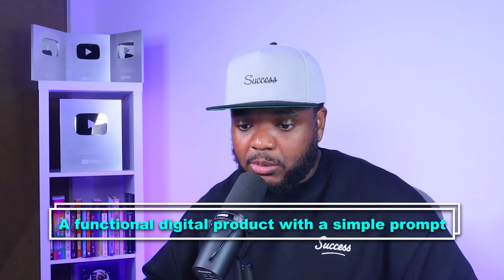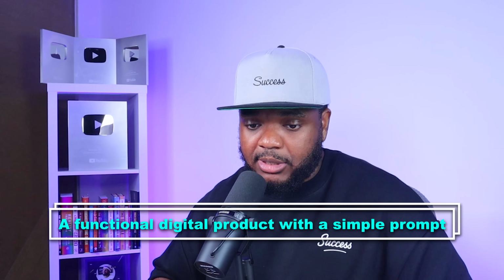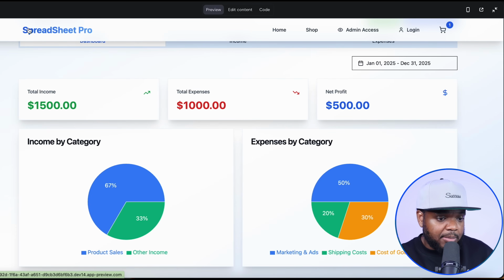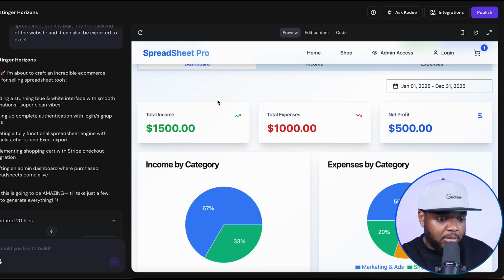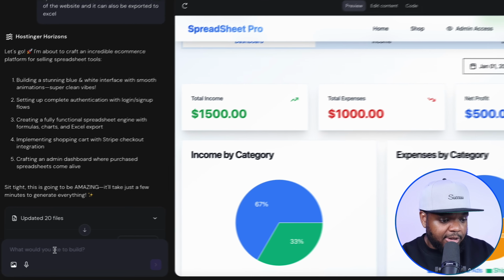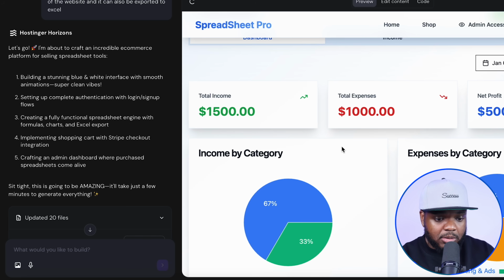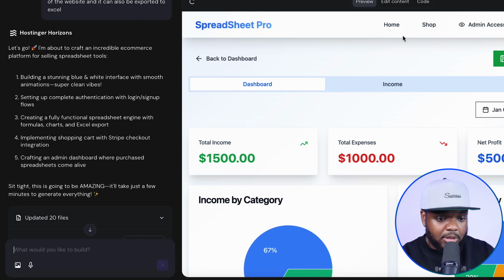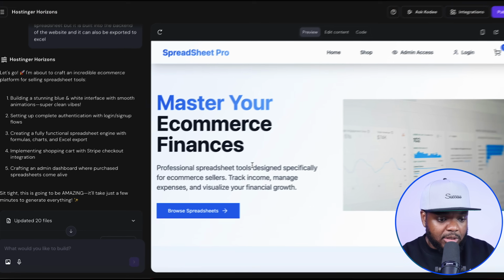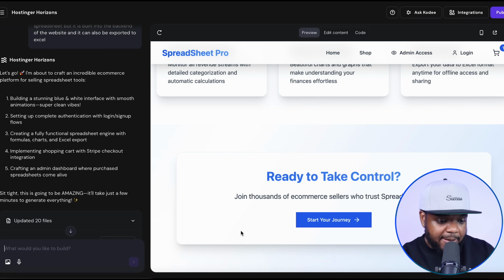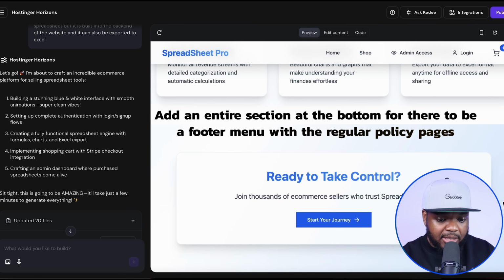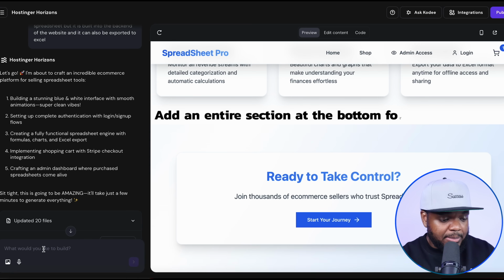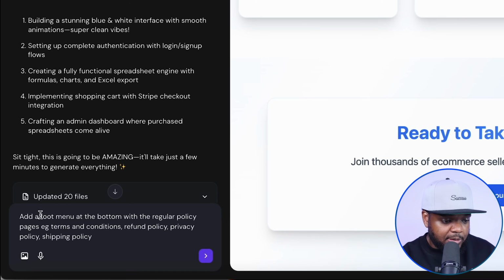I was able to build not only a website, but also a functional digital product with a simple prompt. And as I said, if there's any changes that you want to make, let me just go back over to this screen. I'm going to be able to come over here and say that I want to update something. So let me go over to the homepage and say that I want to change the bottom of the website. Let's say if I wanted to add an entire section at the bottom for there to be a footer menu with the regular policy pages that you see on normal websites, I could just come over here, enter this prompt